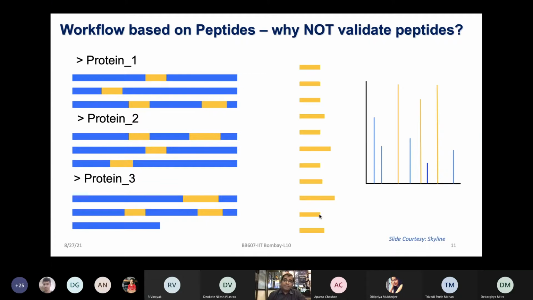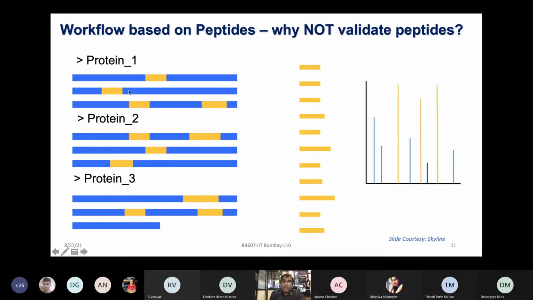Now let's go back to basics, to what we have been discussing and what mass spec and proteomics is doing for us. So when we have multiple peptides coming from different proteins, say protein 1, 2, 3, and likewise you have 1000 proteins, you are generating these peptide fragments. So you are not identifying the complete sequence. I hope by now we are clear that we are not looking from beginning to end at the complete sequence of a protein, but rather at short stretches of peptides, at least 7 to 9 amino acids long, or could be longer.